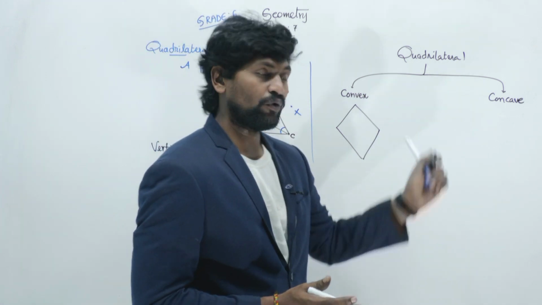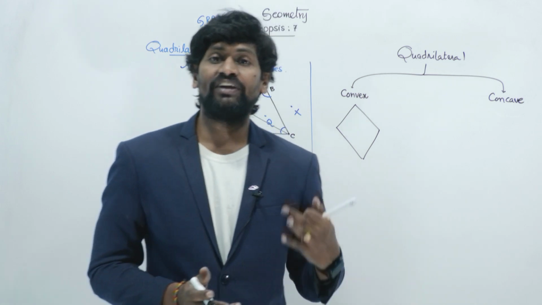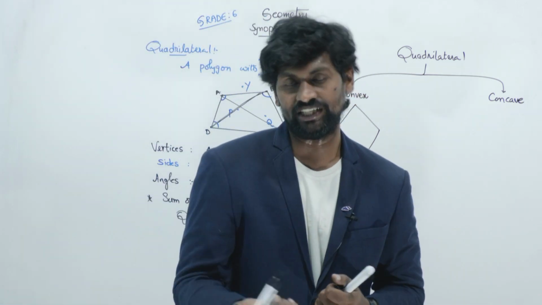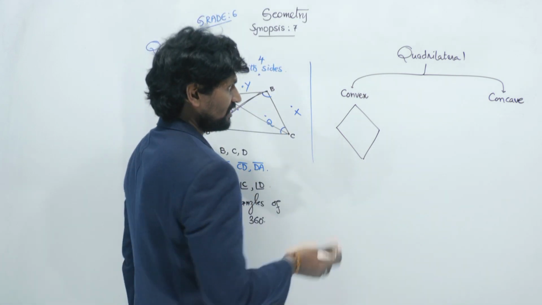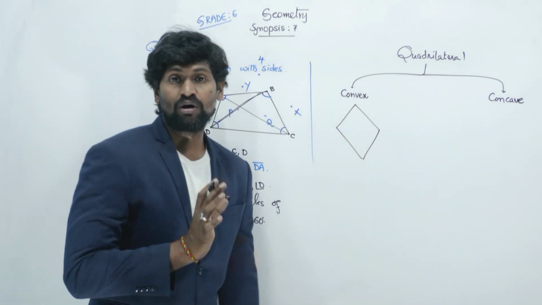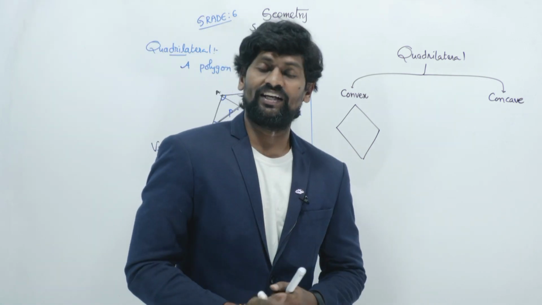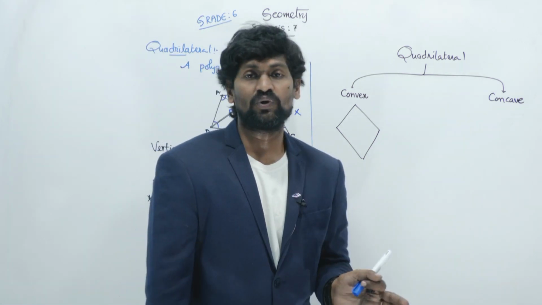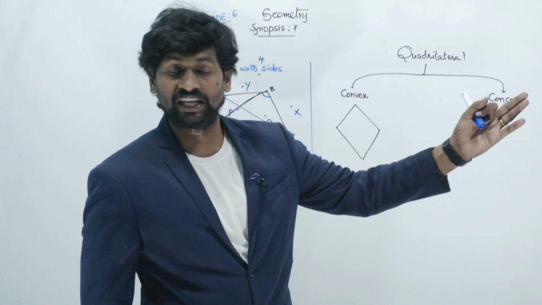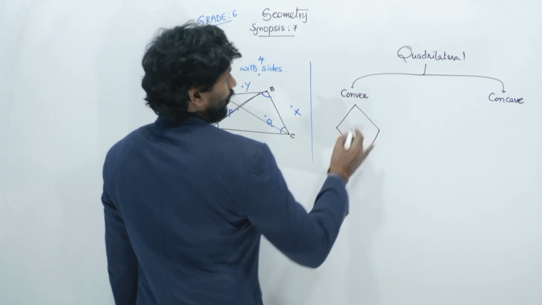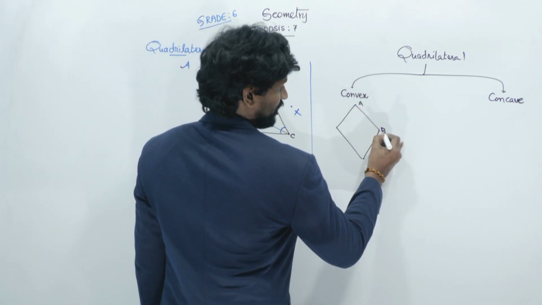But in a concave quadrilateral, the sum of opposite interior angles is more than 180 degrees, greater than 180 degrees. Here in a convex quadrilateral, the sum of opposite angles is less than or equal to 180 degrees. But in a concave quadrilateral, the sum of opposite angles is more than 180 degrees. Okay? So, if you take ABCD as a quadrilateral,